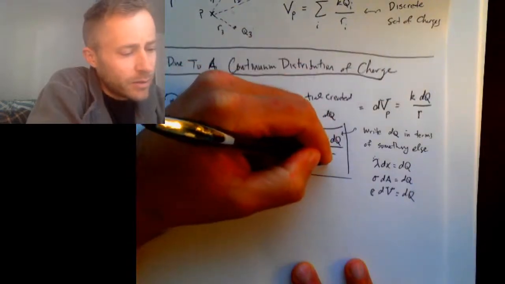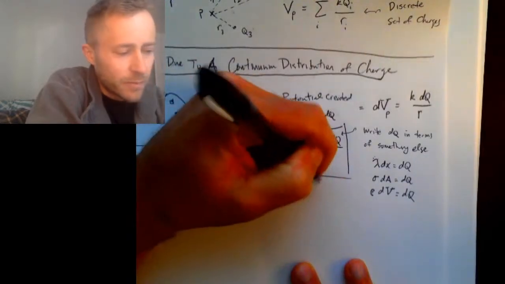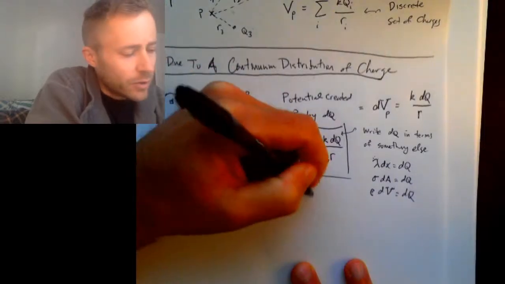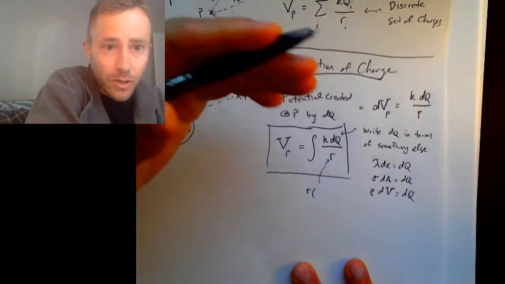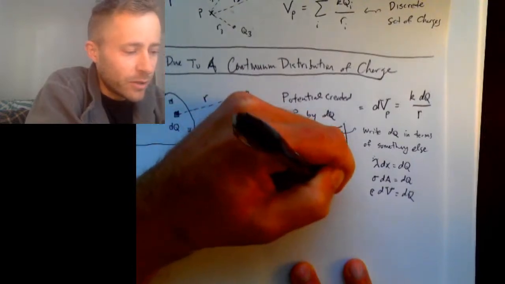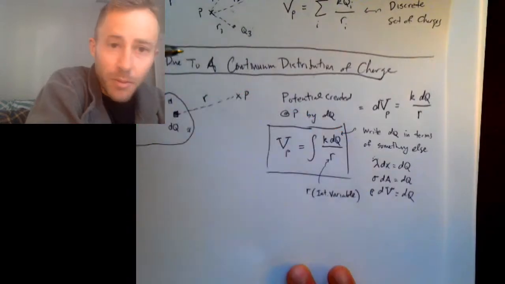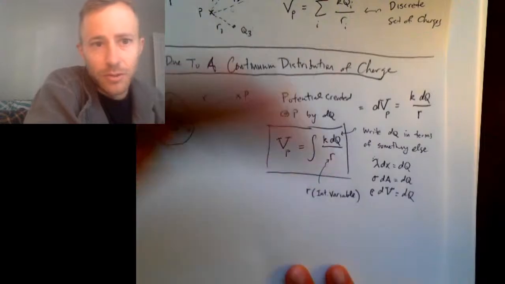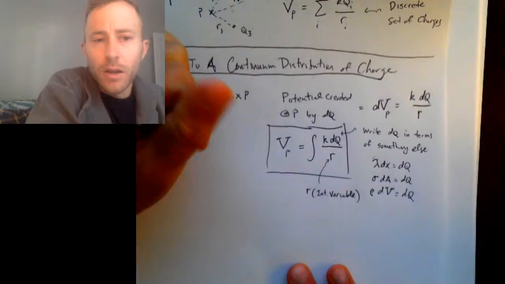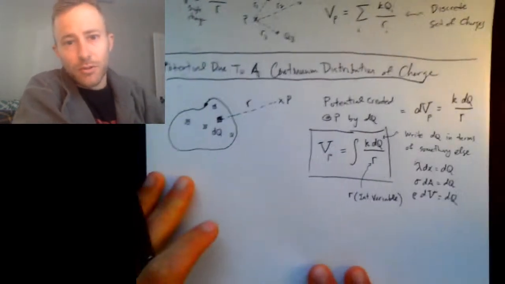And then you are going to basically find an expression for R in terms of integration variables. So R is a function of the integration variable. For example, it might be a function of x, it might be a function of angle, it might be a function of y, and so on. Okay, so we're just going to play with this. We're going to do a couple examples of